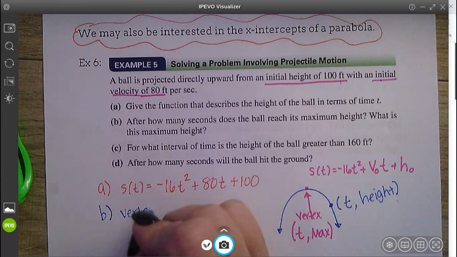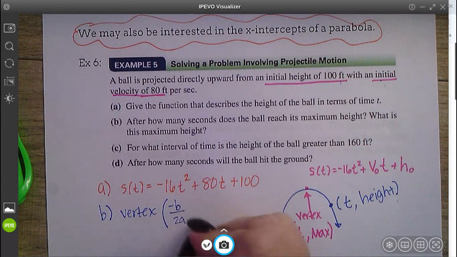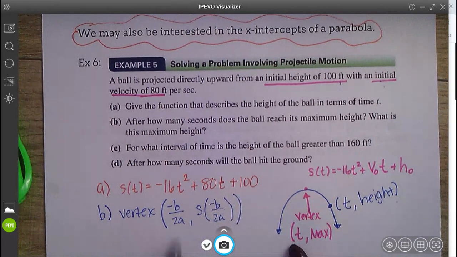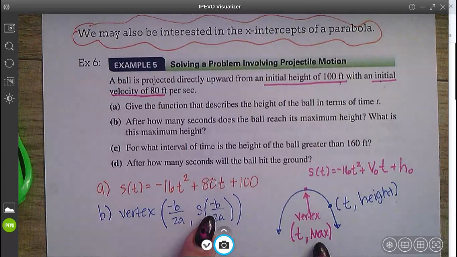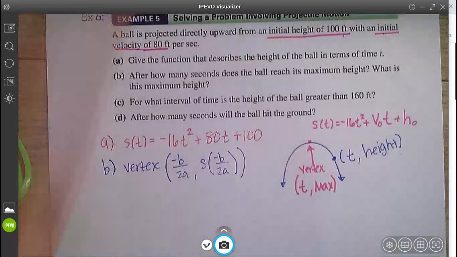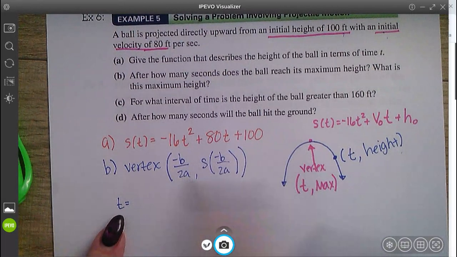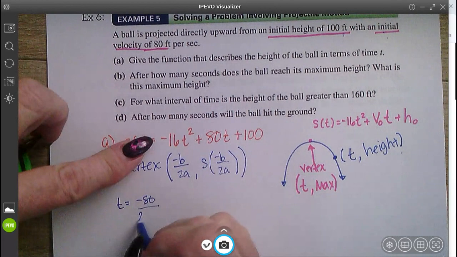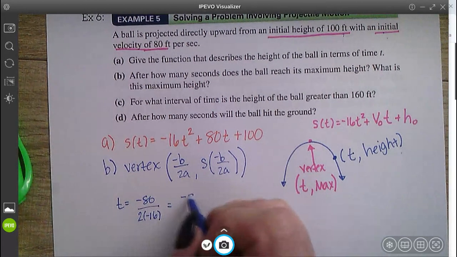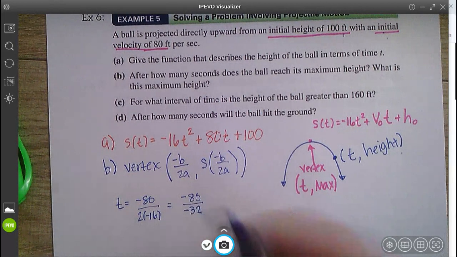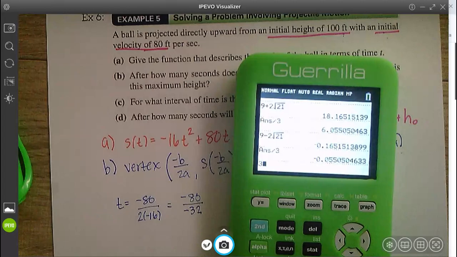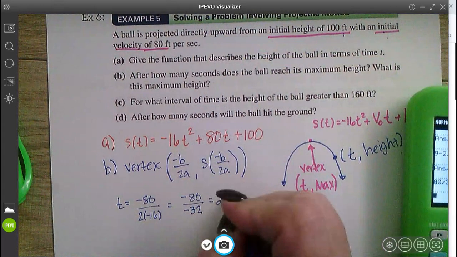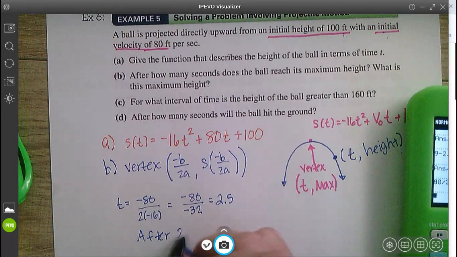To find the vertex, we are going to find the opposite of b over 2a, and then we are going to substitute that back into the equation to get the y-coordinate. The x-coordinate will tell us the time. The y-coordinate will tell us the maximum height. So here we go. t, in this case, because it's in the t spot, will be the opposite of b, so negative 80 over 2 times a, so 2 times negative 16. So that is negative 80 over negative 32. That's not going to come out evenly. 80 divided by 32 is 2.5. So that is after 2.5 seconds,